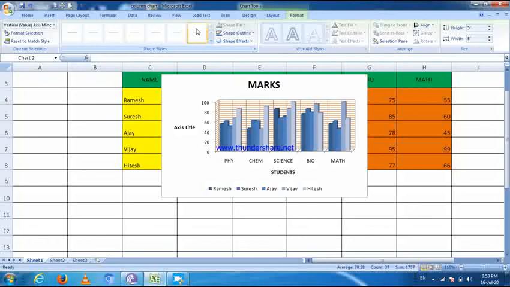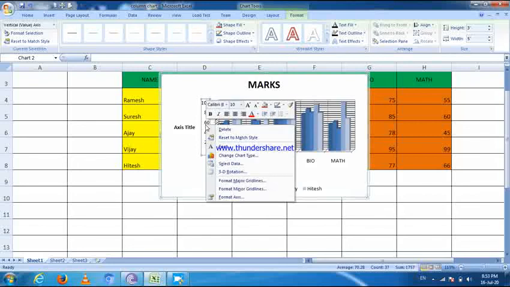Then to change the data range of your chart, right click on the chart, then click Select Data from the shortcut menu. Whenever you want to change the data range of your charts, you can right click on the chart and click Select Data.